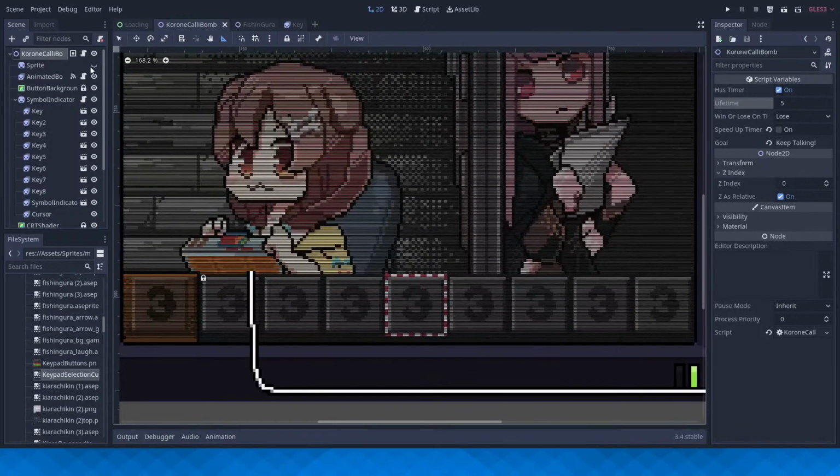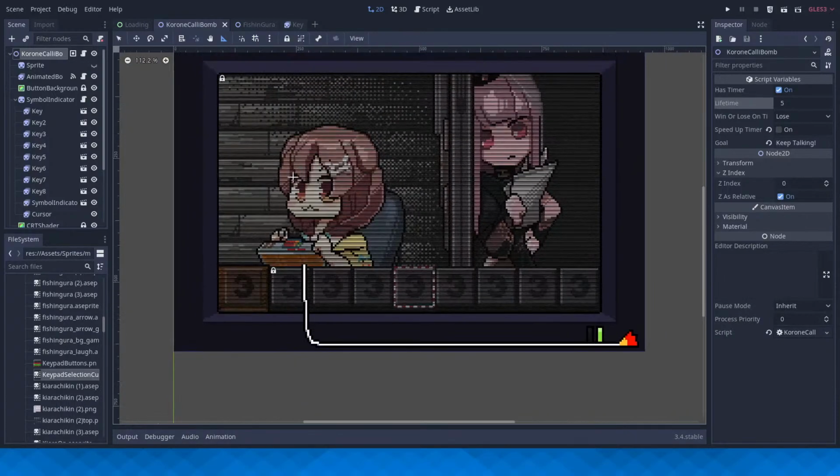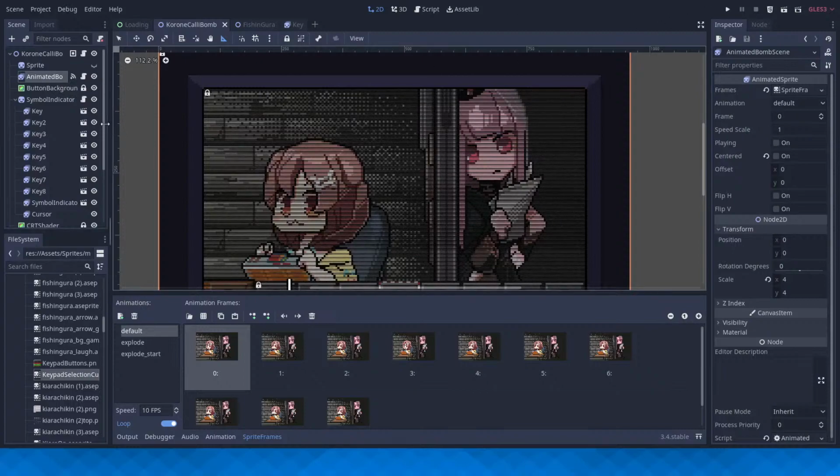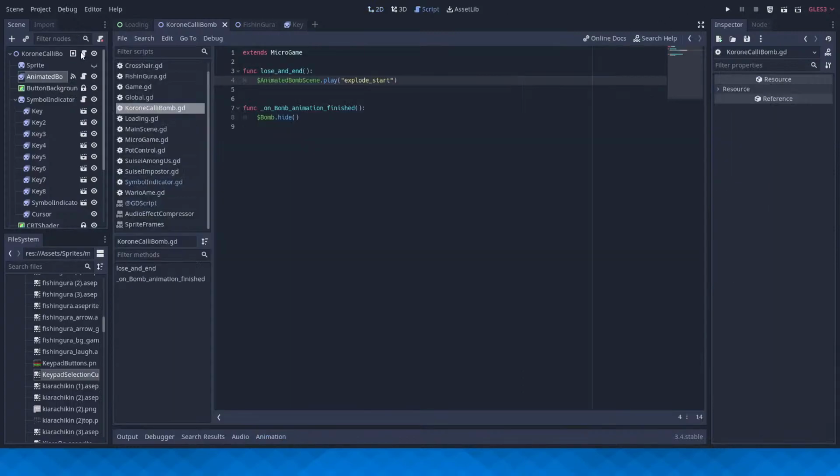Right, and the button index, right, so, if I just play this right now, the explosion is hooked into lose and end. And in this case, it only triggers on time over when you lose. So if you win, this doesn't trigger on time over. So, just try this immediately, see if it works.